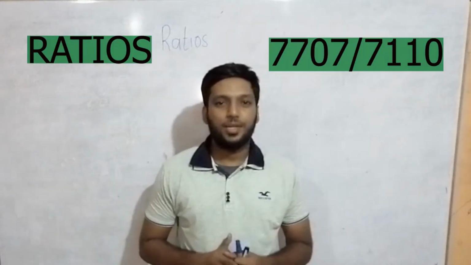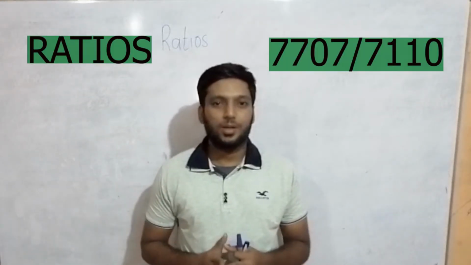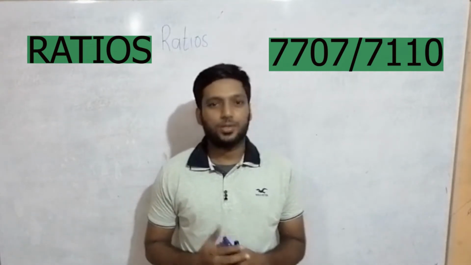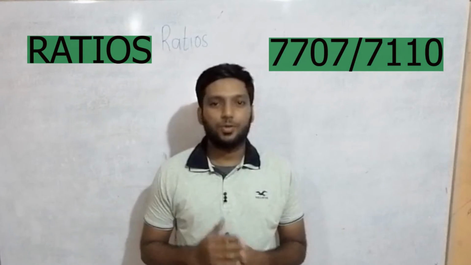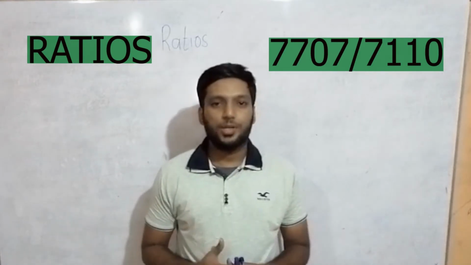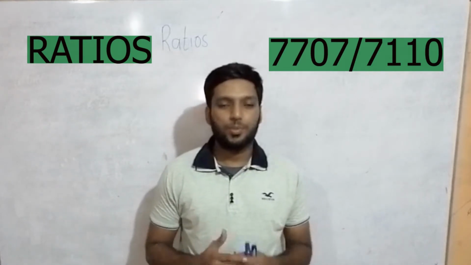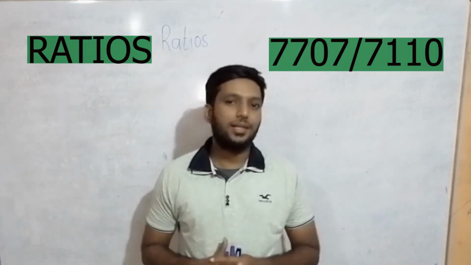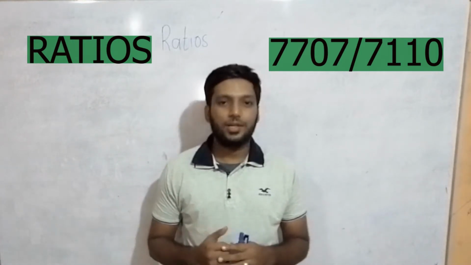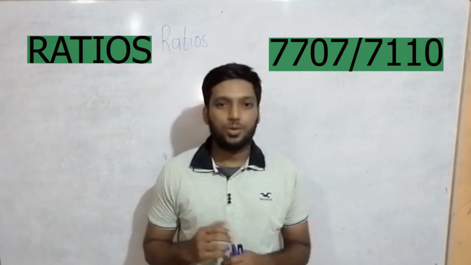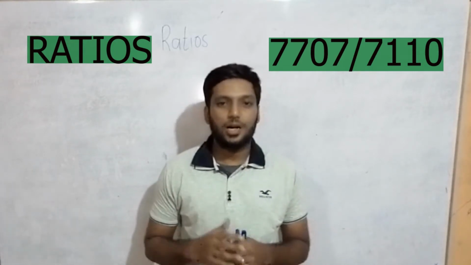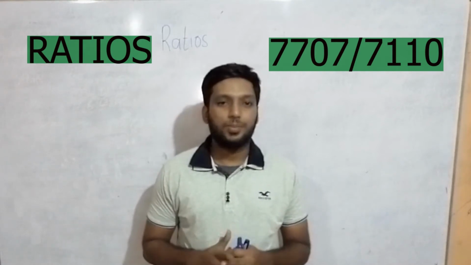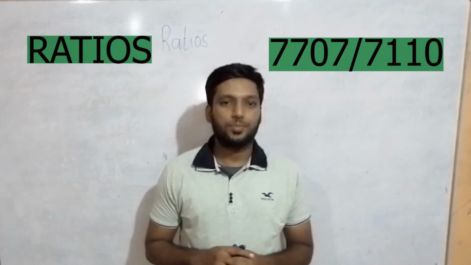This is for your Cambridge exams 7707. This might most probably be tested on question number 4, and this will be tested for 20 marks. So I'm going to help you today with how to do ratios, but before we move on, I'm going to say this is an important area. Students find it difficult to score. Today I'm going to teach you how to comment, how to write an answer, how to analyze, how to evaluate. All these will be discussed much deeper through this video.